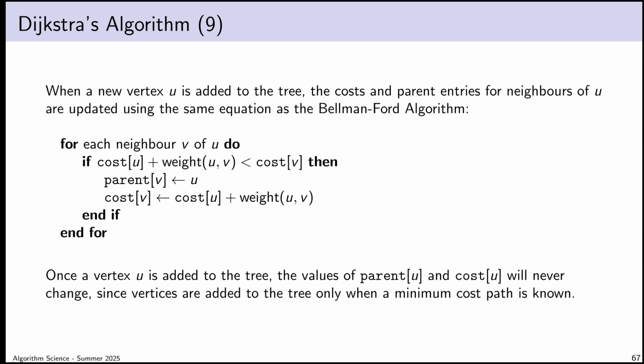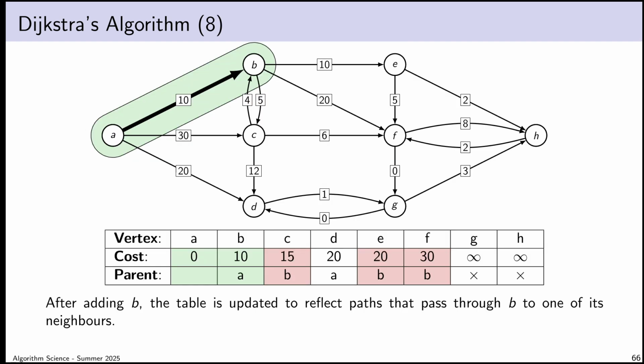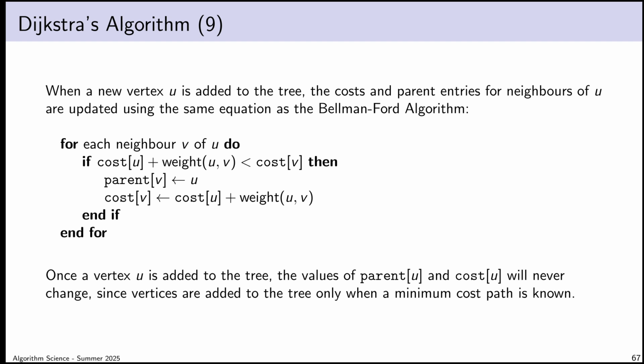Okay, so I just talked about how after we add a vertex, we relax the edges to its outbound neighbors. I'll just show off the pseudocode for that. Really what I'm doing is this. I've just chosen a vertex U to add to my tree, and I just do the same edge relaxation procedure I did with the Bellman-Ford algorithm. That's it. When I say edge relaxation in these slides, whether I'm talking about the Bellman-Ford algorithm or this one, I mean literally the same thing. I just mean this if statement: check whether the edge that I'm relaxing provides a better path,